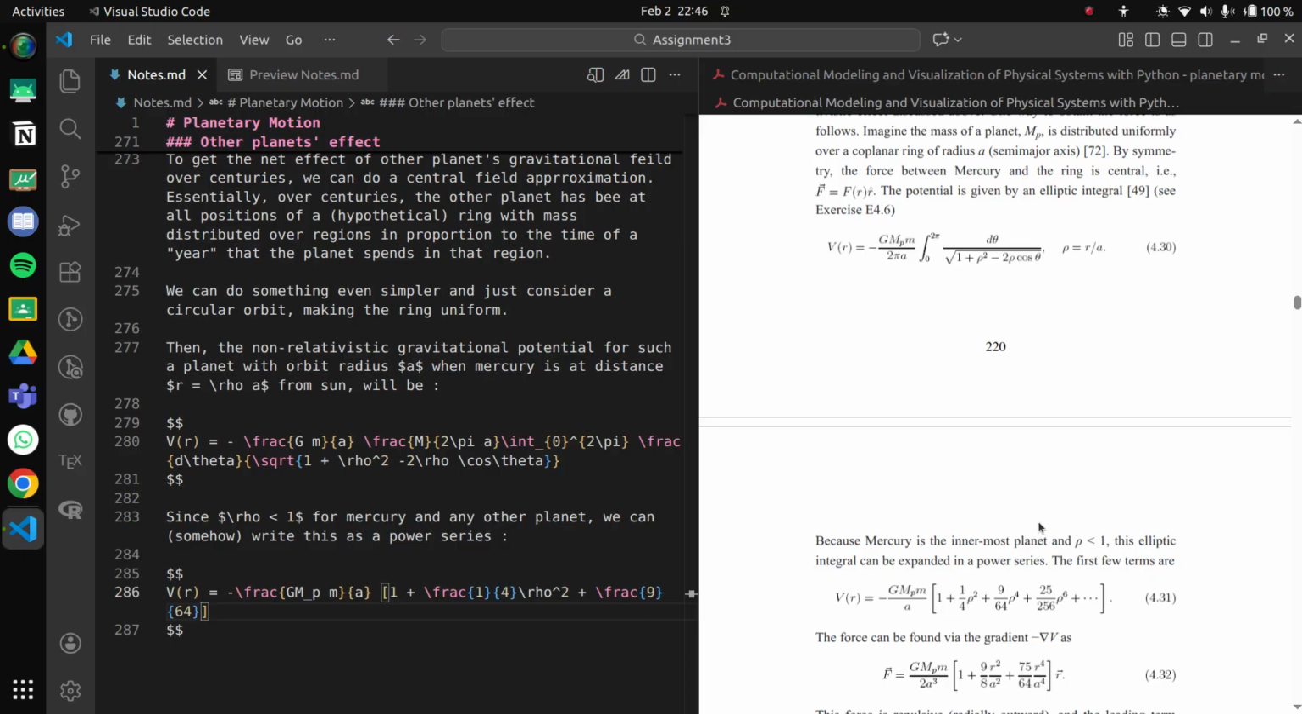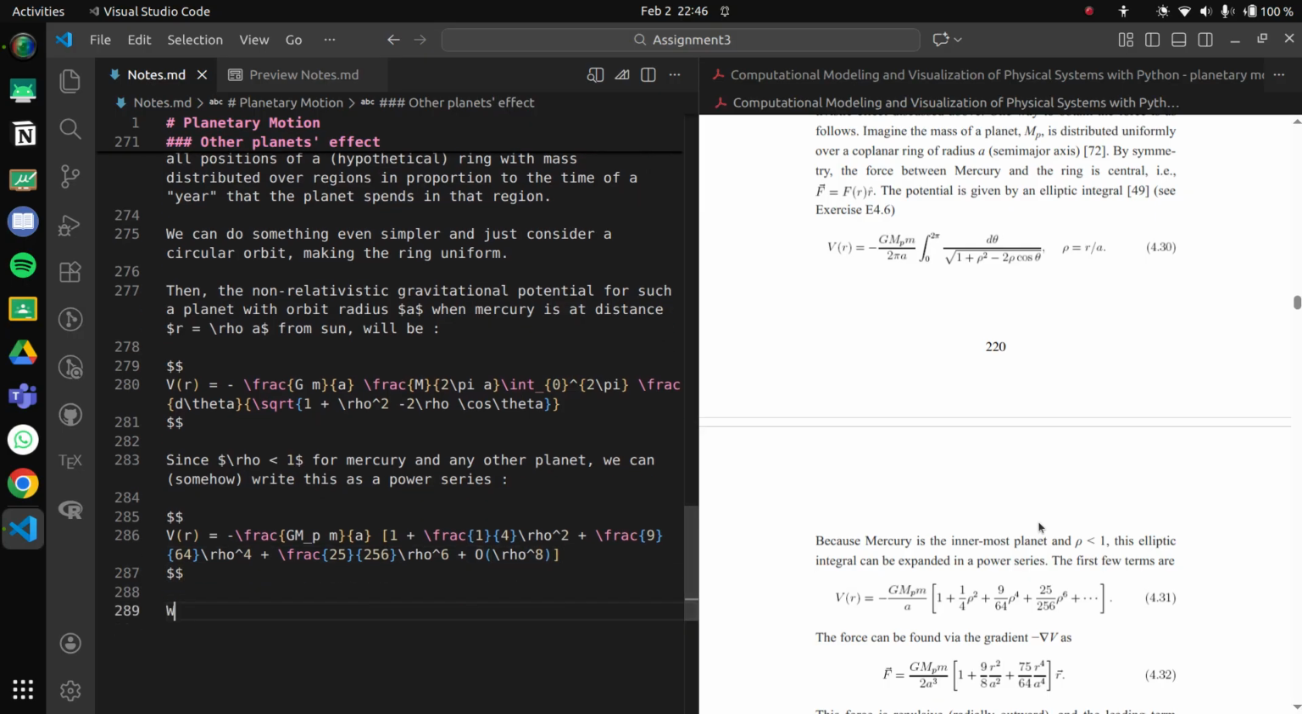9 by 4, rho power 4, and then just have 25 by 256, then rho power 6, I guess. I see. And then plus order rho power 8, right? Then